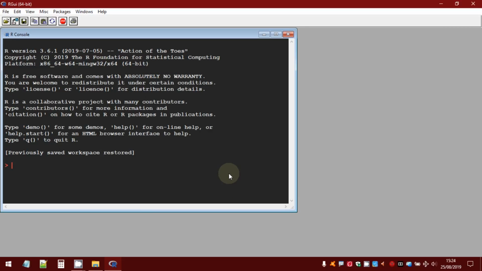Okay, now if you type ls, you can see that you have all the variables you had in the previous workspace, and you can see that you have the content too.